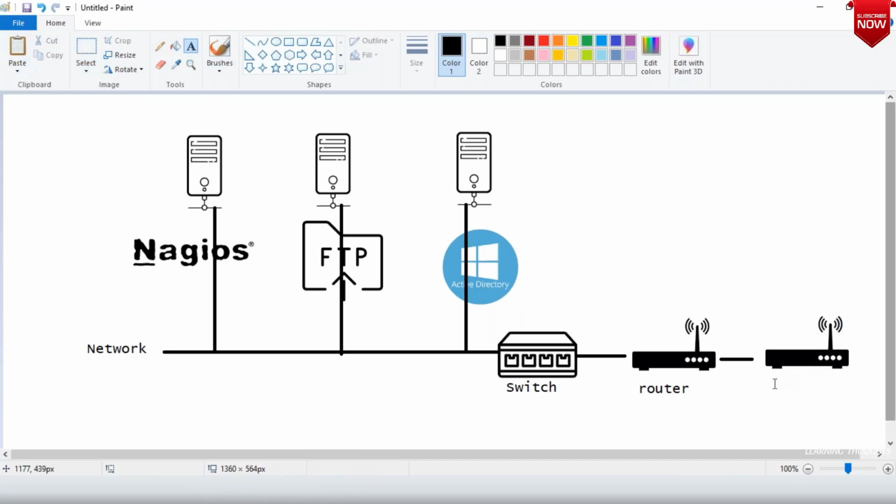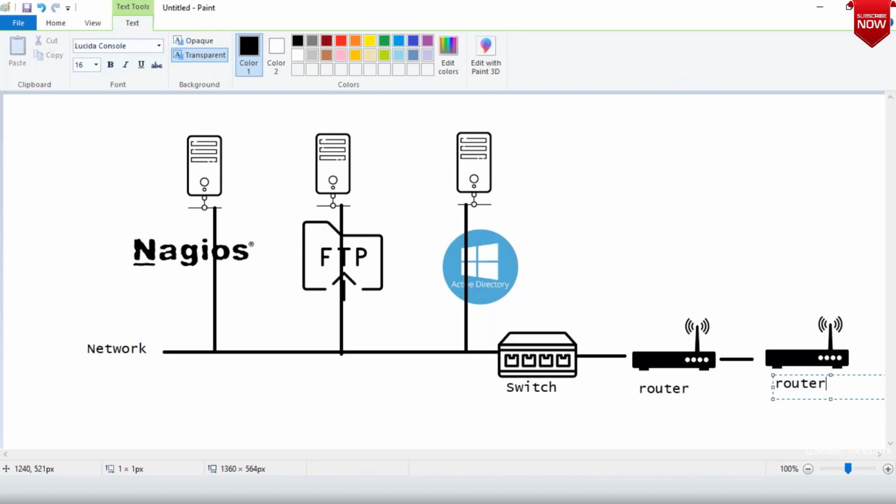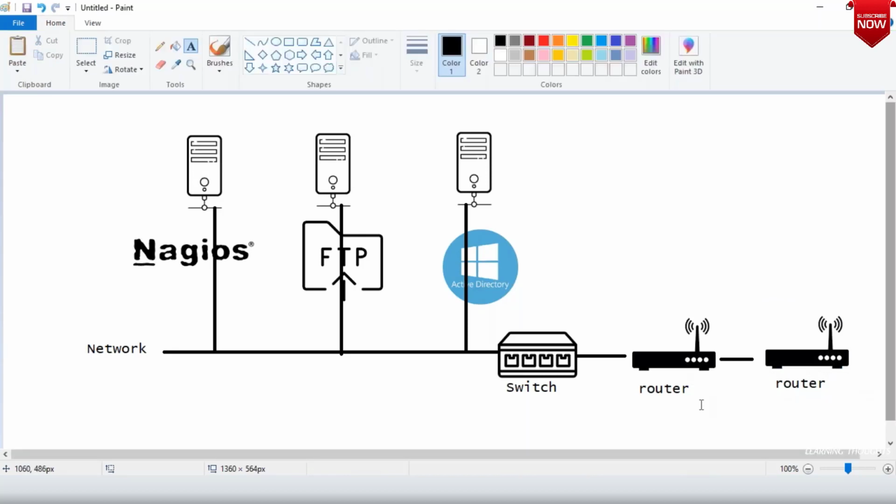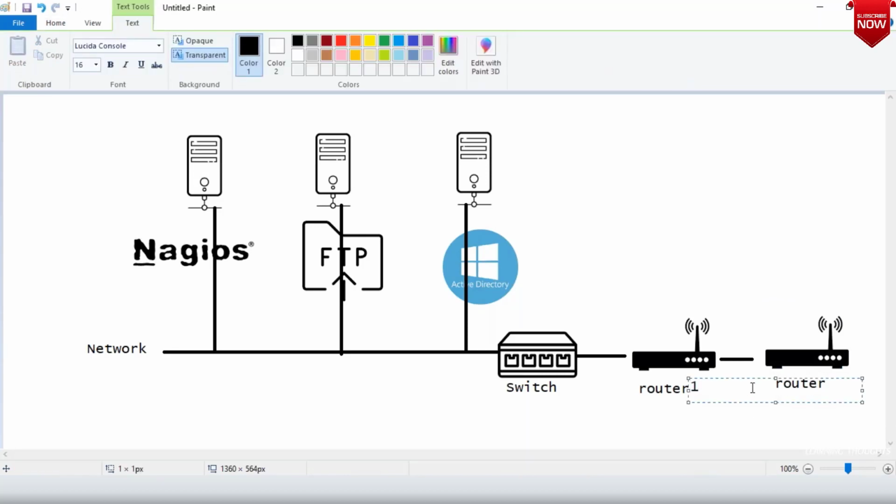Generally, if you look at your network, you would have loads and loads of stuff in your organization. So let me call this router 1 and let me call this router 2.